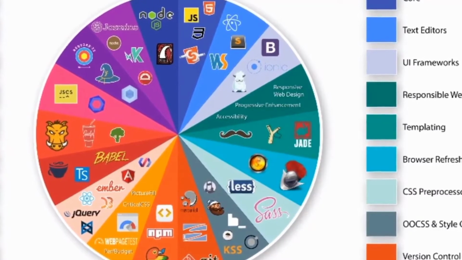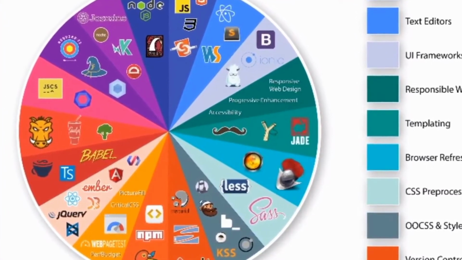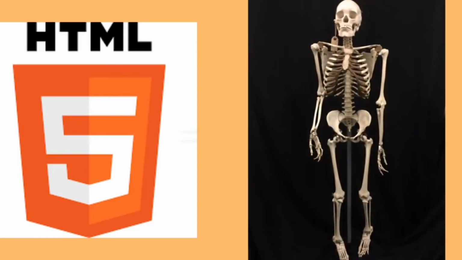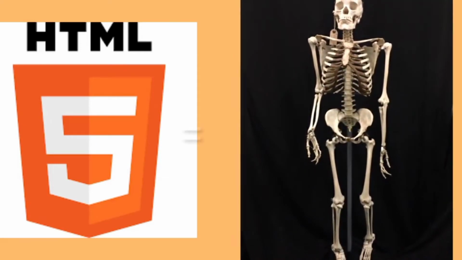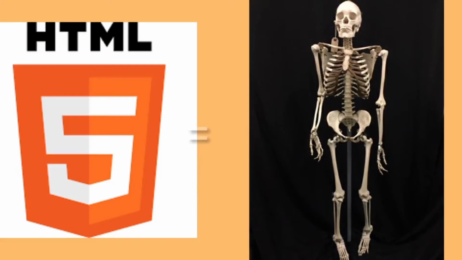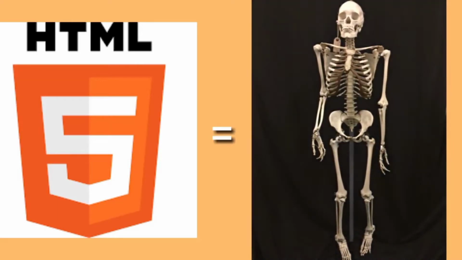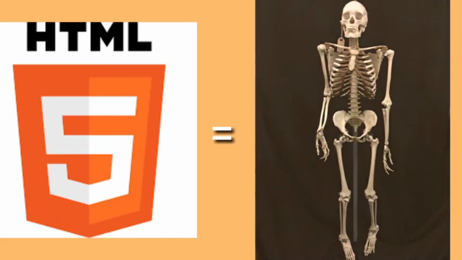HTML is used to describe the structure of web pages, and HTML elements are represented by tags. There are so many tags like paragraph tags, table tags, heading tags, and so many etc. Browsers do not display the HTML tags. The content will be displayed on the pages. I want to explain with clarity with an example. You can see the skeleton. We all know how the skeleton looks. That is equal to HTML.